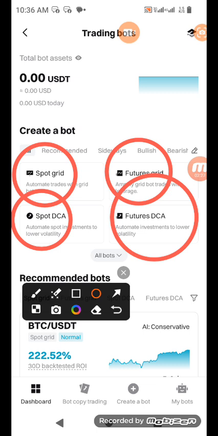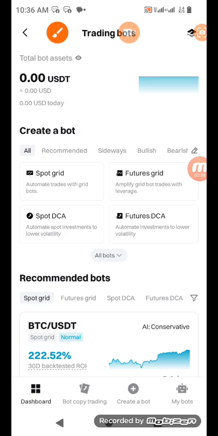Now, if you are dealing with futures grid, then your money should be in futures. And it's very, very simple. Even if you have money and it's not in spot, you can always transfer it. Very simple. It doesn't cost you anything. We have prepared videos on how to do this in the past. If you still want to know how to do it, we'll guide you. But the little money I have here now is all in spot, so I'm going to choose spot grid.